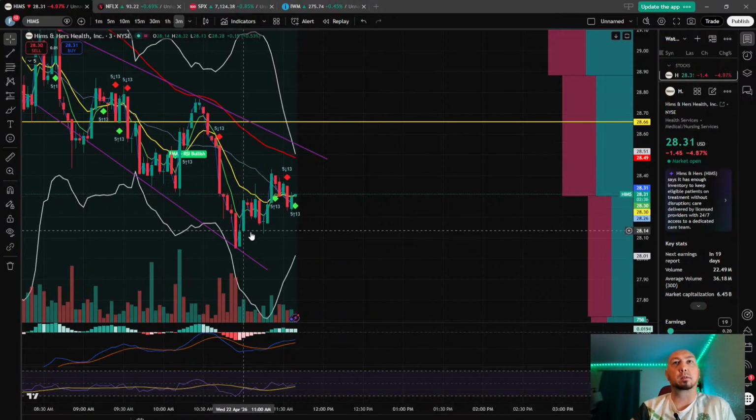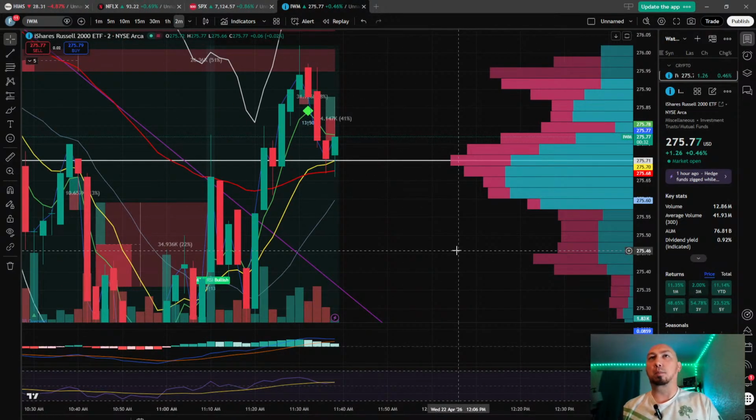James is just walking down this little line. Oh, buy pressure's bounced off that 50. RSI and MACD aren't doing too much to help.